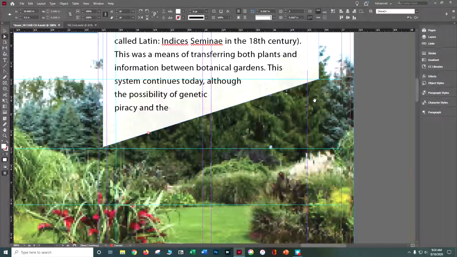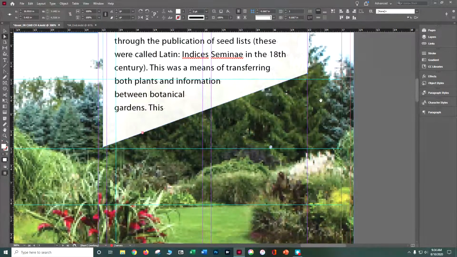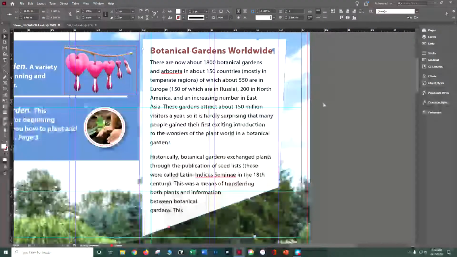All right, so now I've got some overset text, and I have changed it. We can go in a little bit too. Let's go in here. So you can see I've changed the size of that text box. It's a little bit ugly, not quite what we want it to do yet. So now what we're going to do is convert it so we can change this into a kind of a